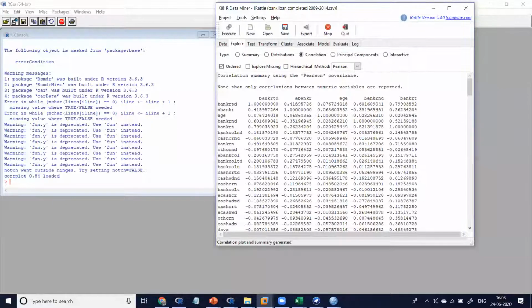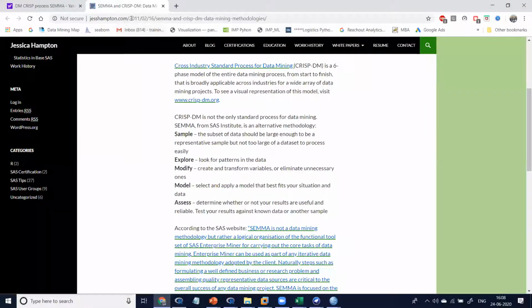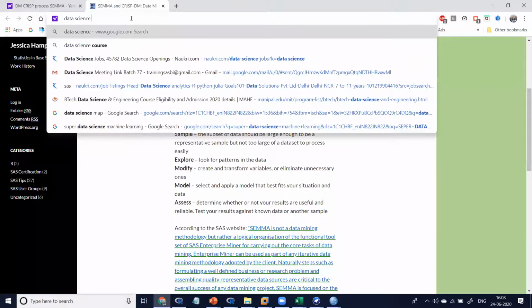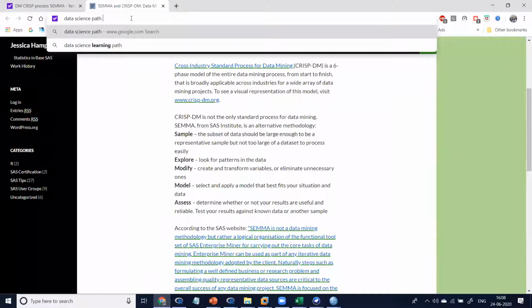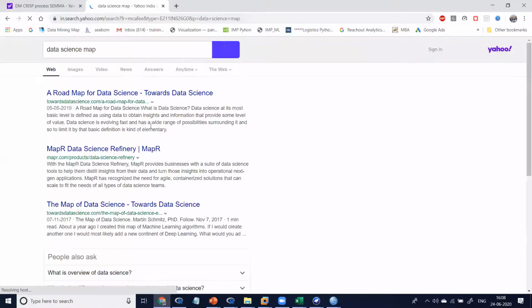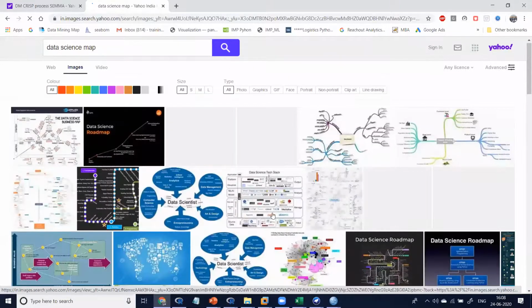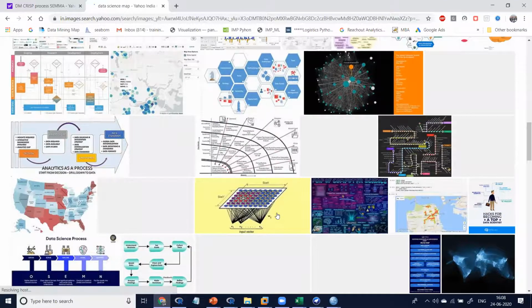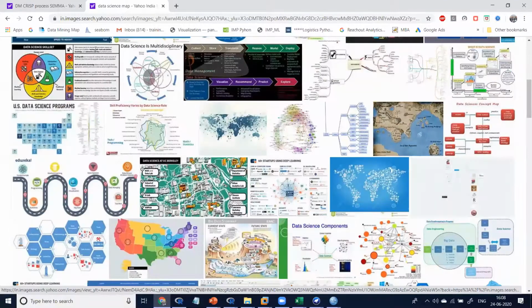Come down. There is a data science map. In Google, you can find the roadmap of data science.